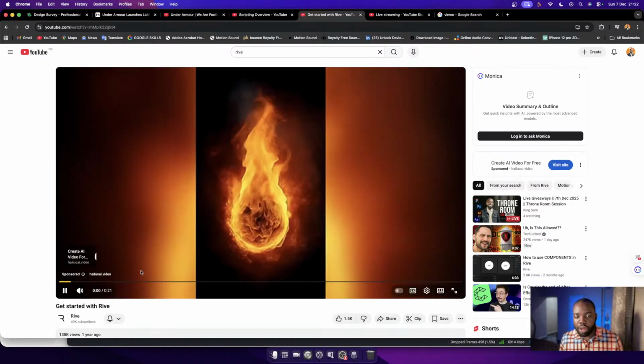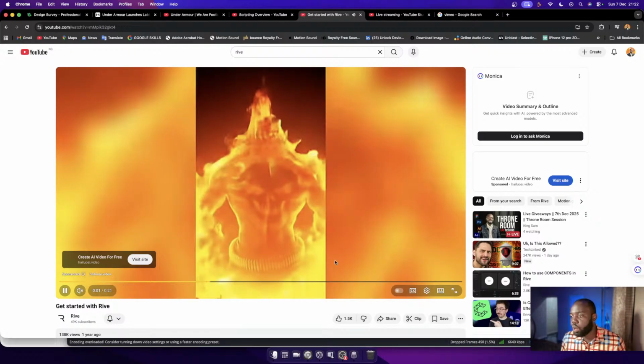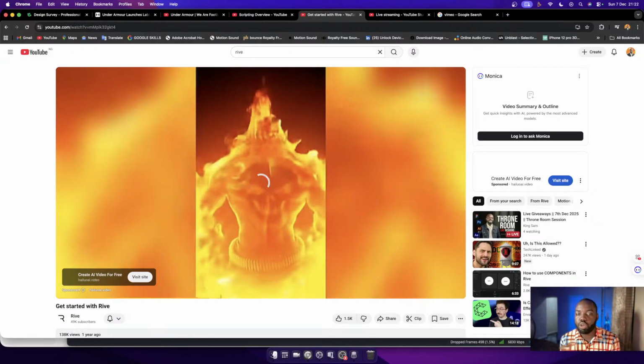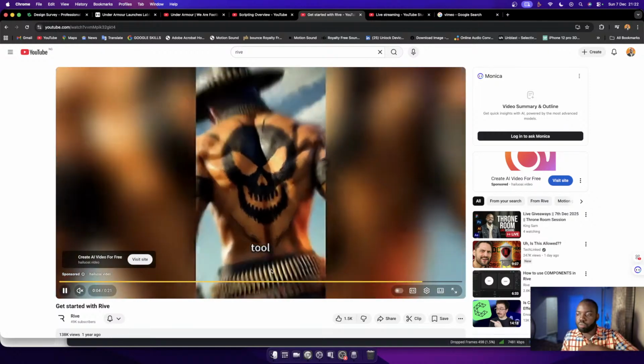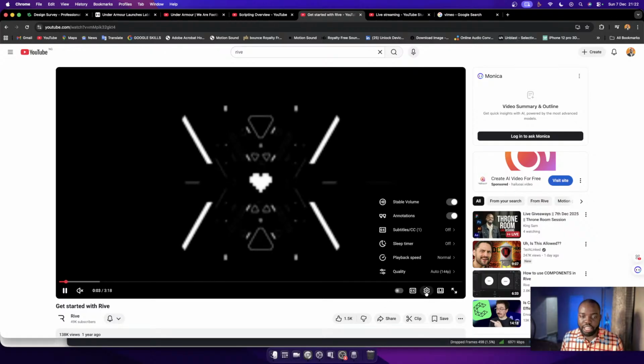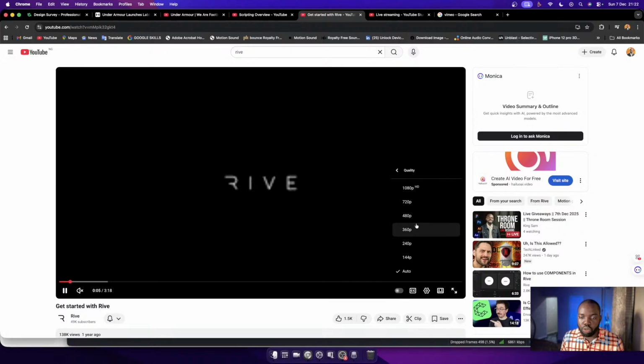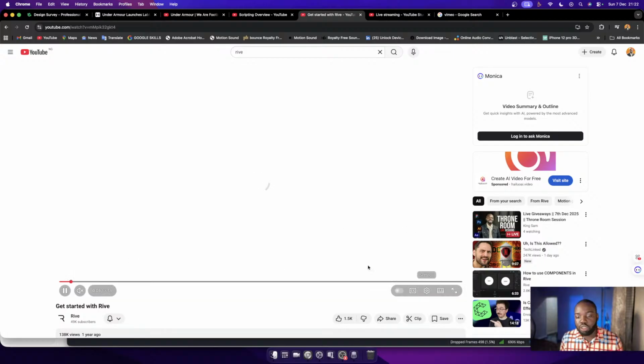Rive has a whole bunch of crazy things that they have been working on, and a lot of people were complaining that with Rive you cannot combine both the coding or scripting and the designing at the same time, because just designing it sometimes is not going to be enough. Some people need a bit more flexibility for their designs to go far. So Rive now has come up with an update.